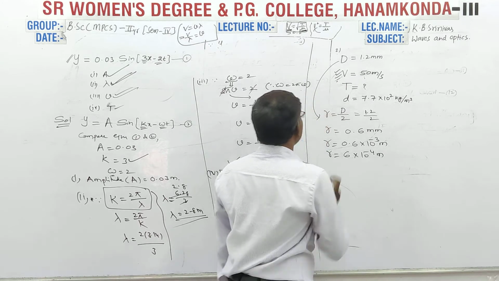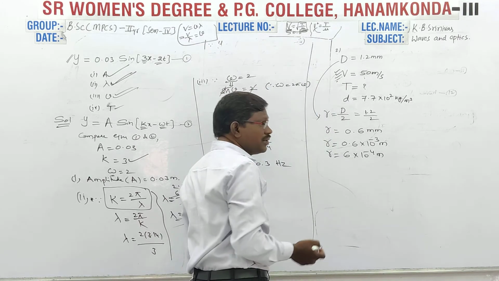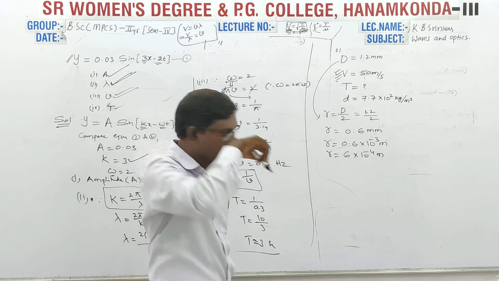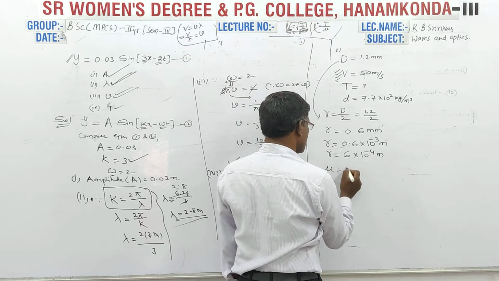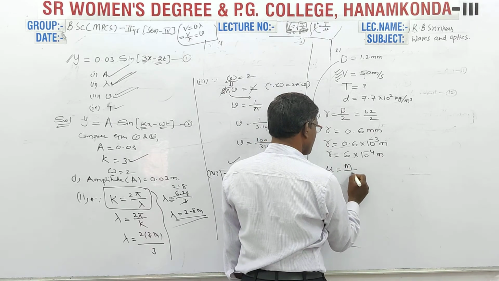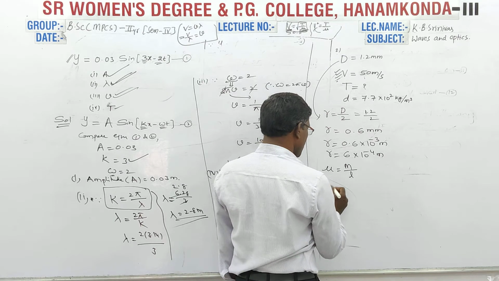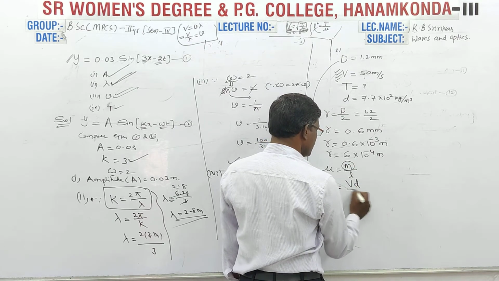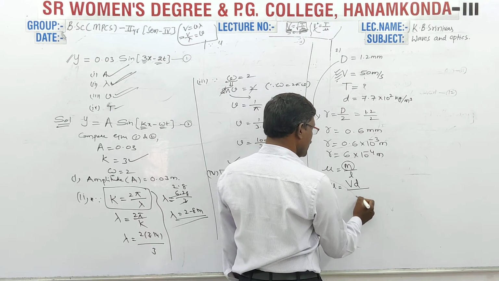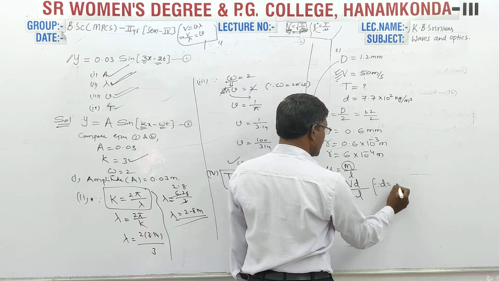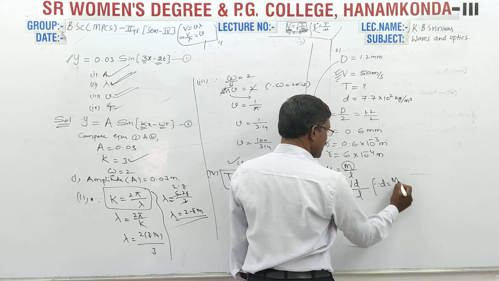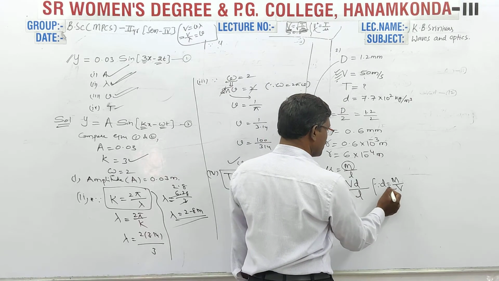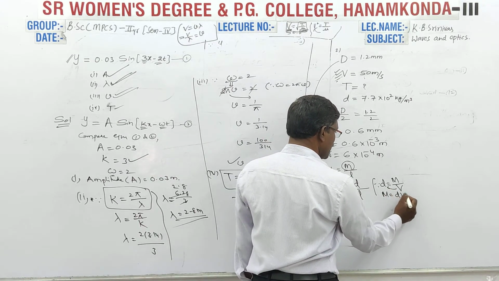Okay. I want to calculate the mu value. What is mu? Mass per unit length. Mu is equal to total mass of the wire by unit length. See, mu is equal to mass by L. What is the definition for density? D for density. Density is equal to mass by volume. I want to calculate mass. On cross multiplication, mass is equal to density into volume.